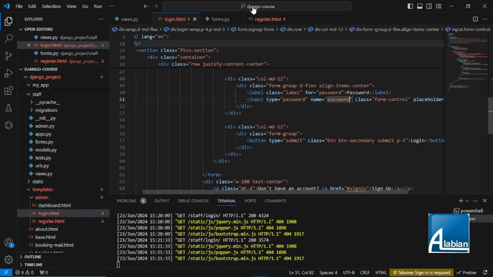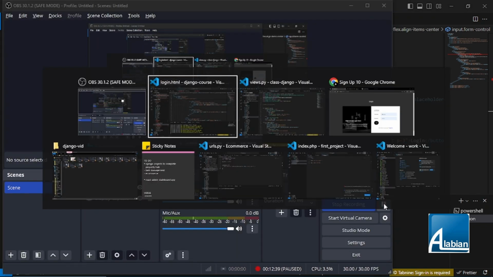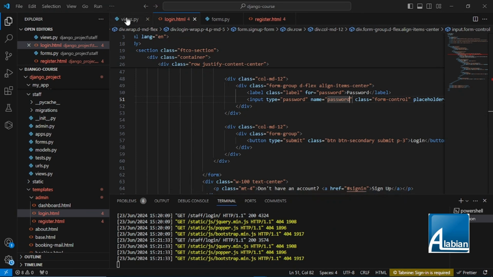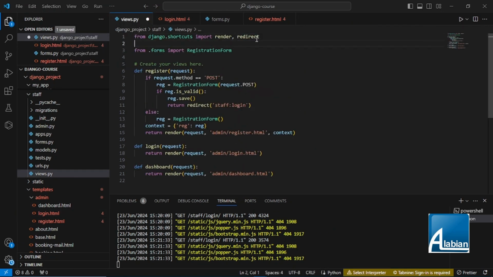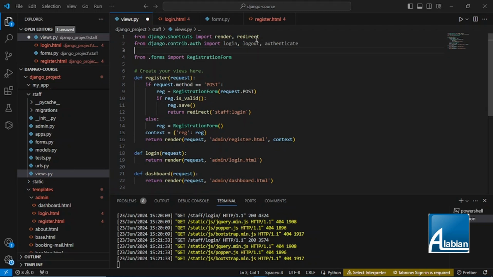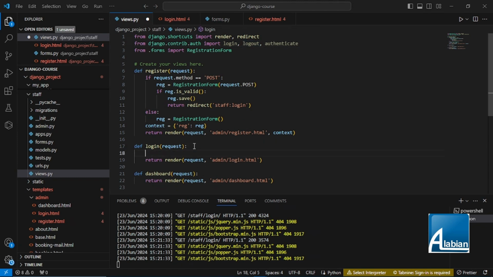Yeah, that looks good. Then I'm going to go to my views and carry out the authentication process. In my views, I'm going to import login, logout, and authenticate, right? So I'm going to say from django.contrib.auth import login, logout, authenticate. Now I'm going to go to my login and do two very easy things. Get what the user puts in there, then authenticate, check if that username and password